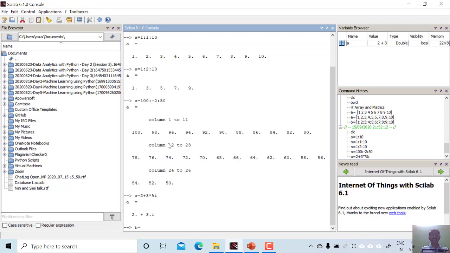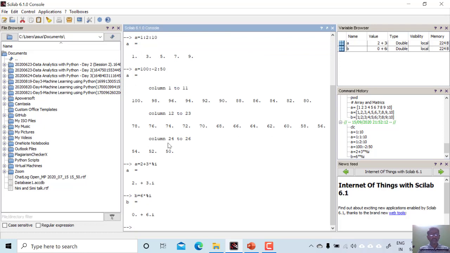I am explaining the sum, subtraction, multiplication etc. in the case of complex numbers, and then after I will go to the matrix operation. So A is storing 2 plus 3i. Likewise, I am taking another complex number, and suppose this complex number is 6i. So 6 star percentage i will be used here, and therefore 0 plus 6i is the next element.